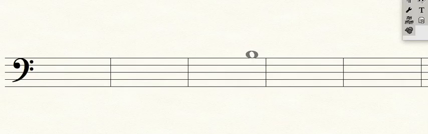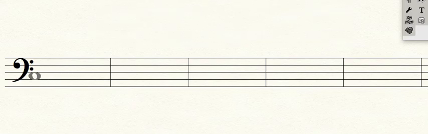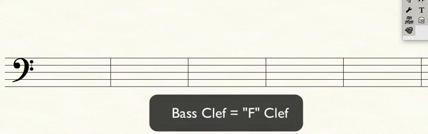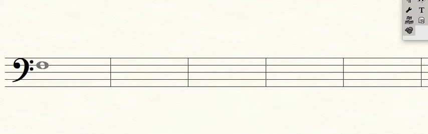All right, another video on pitches on the staff and how to notate pitches on a staff. Notice that this is a bass clef staff. The bass clef sign, sometimes referred to as an F clef, F as in Frank, because it sort of looks like an F. If you imagine these two dots are the little parts that protrude from an F, maybe. But more importantly, it's called an F staff because those two dots surround the 1, 2, 3, fourth line up